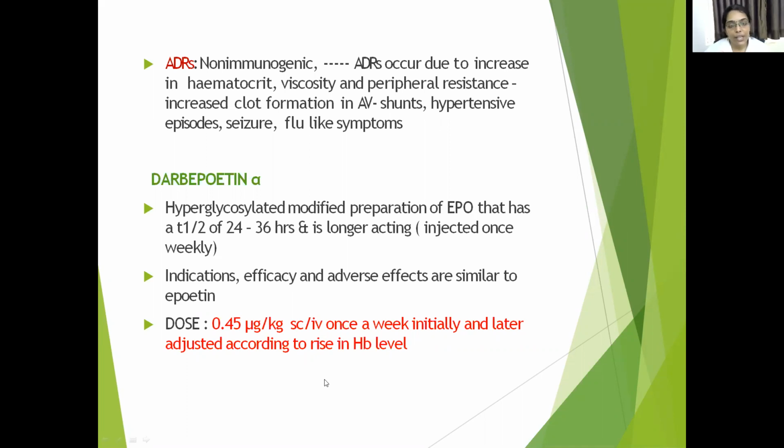So this is in detail about the hematinics, that is iron, vitamin B12 and folic acid, and erythropoietin. So please go through the chapter once again, try to recollect everything that I have taught. So with this we will be completing the blood chapter. Then the next will be chemotherapy. Thank you.